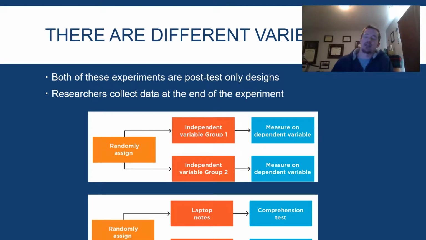So there are different ways that we can test things. It doesn't necessarily have to be just group-based. You can find other ways to tackle this. One way is to do post-test designs, where essentially you're going to assign people to something and then measure their performance afterwards, which is exactly what we talked about with the laptops and handwritten note example, which is, that image is cut off right here.